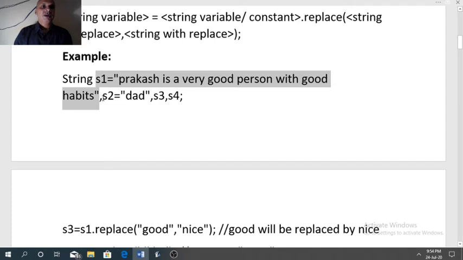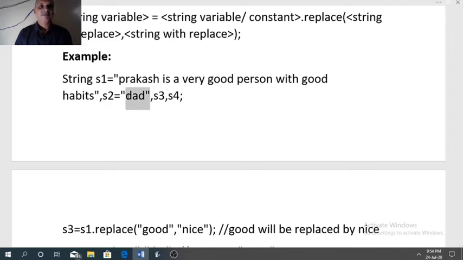Now the second string we have in s2, that is "dad". In this string we will replace D with M. So dad will become mam. Now after these two replacements we want to store the results in s3 and s4.